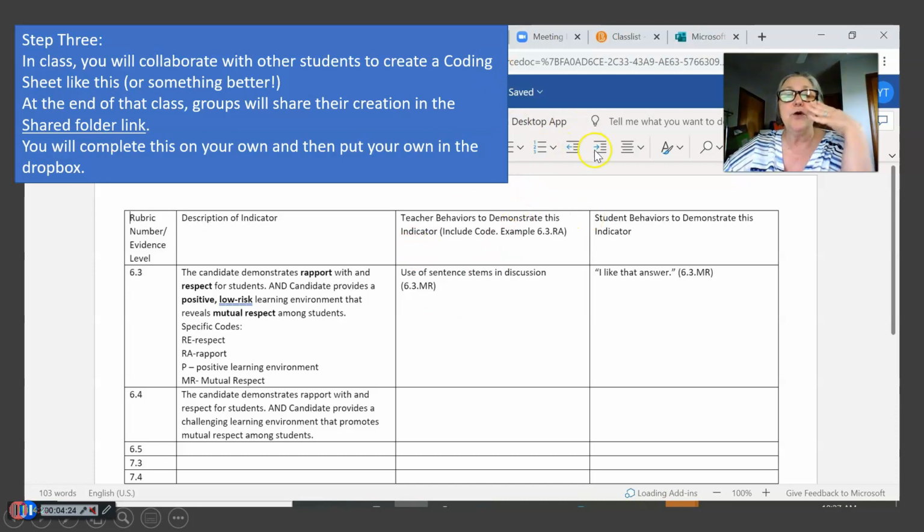Step 3. In step 3, you're going to open the coding sheet. So the coding sheet is in a shared folder, and there's a link on D2L, and you're going to start listing. So 6.3, so that's rubric 6, level 3. 6.4 is rubric 6, level 4, and this is rubric 6, level 5. You describe the indicator, all the things that should be,